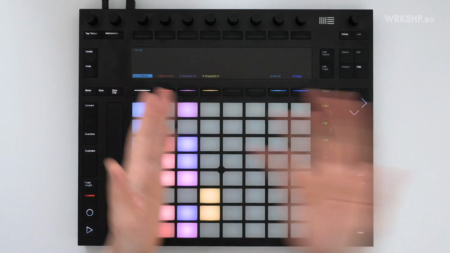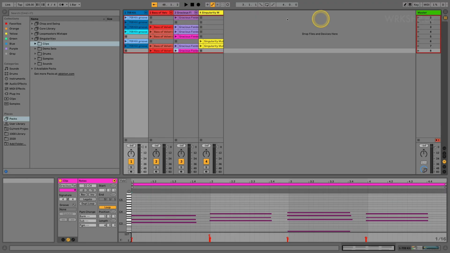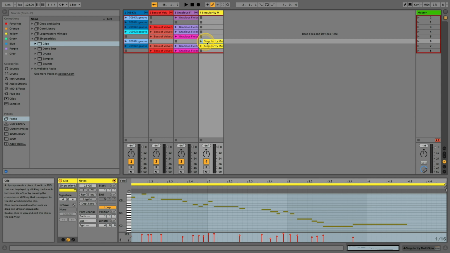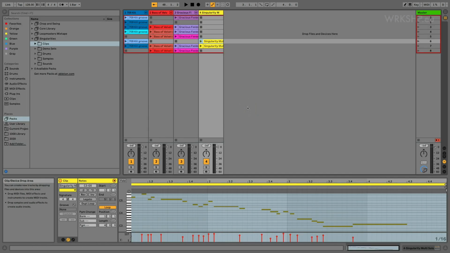So if you think about the fact that we have these 4 tracks, which we can see over in arrangement view, but also if I come up here in session view, the thing you just need to remember, which makes it very simple, is that you can only have one thing playing in one track at any time. So by that I mean you could have this clip playing here in session view, but that means you cannot play anything on the track over in arrangement view. They will cancel each other out.